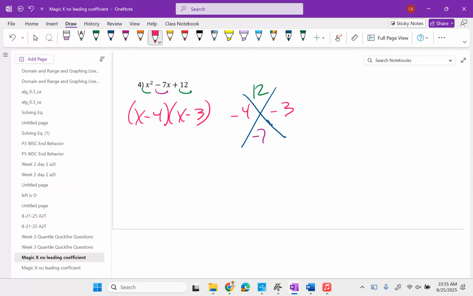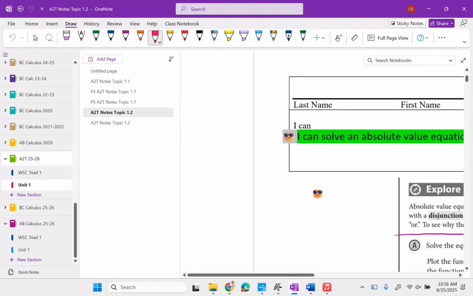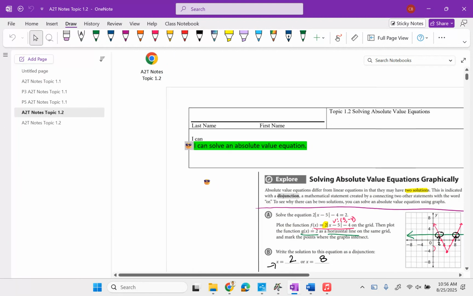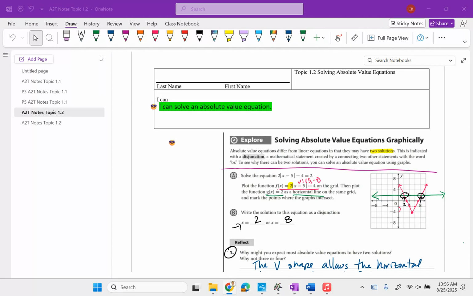Okay. All right. We're going to switch to the notes. So you got a note page, I think, Friday. Let's switch to that. Get that in front of you. It was this one that we were working on. We are solving absolute value equations. Yeah. Can I get the notes? The notes? Yeah. Give